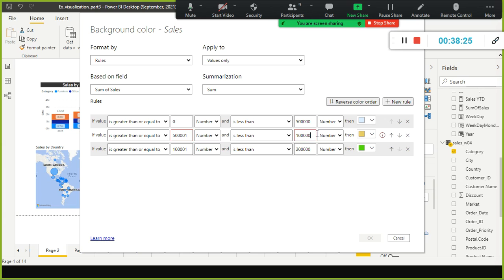I don't know why it's giving this error. Can you make out what the problem is here? Everything is a number here, is less than, let's say, if I say more than that, 10 lakhs.